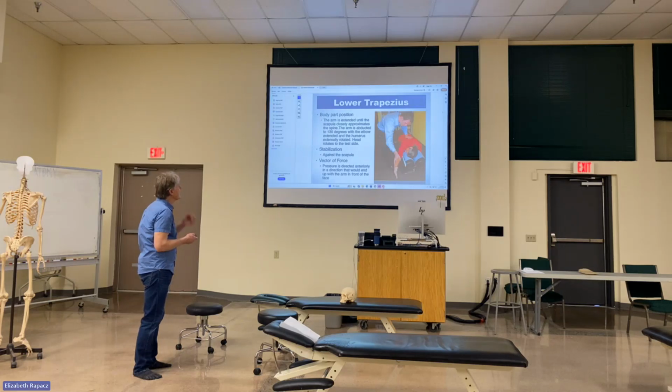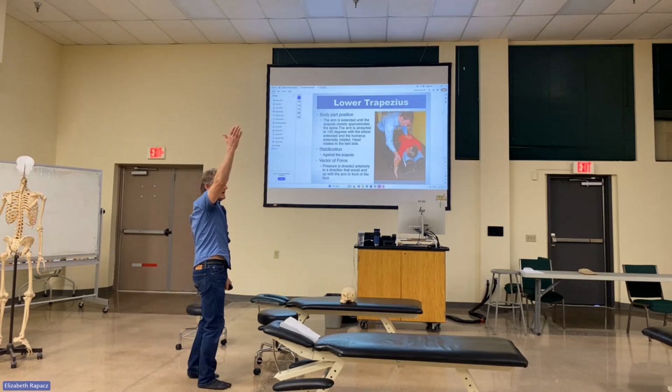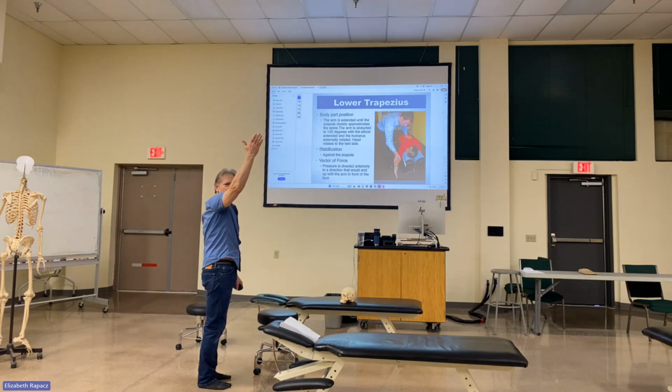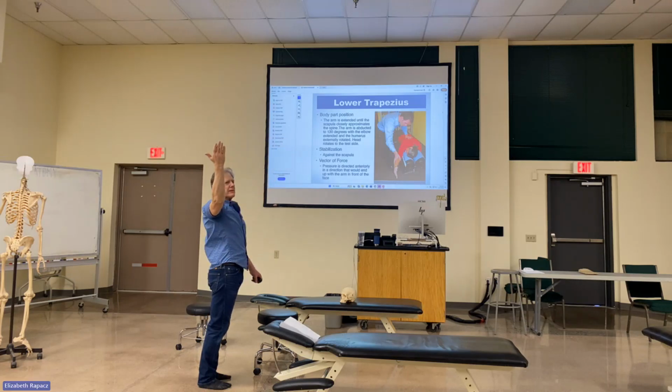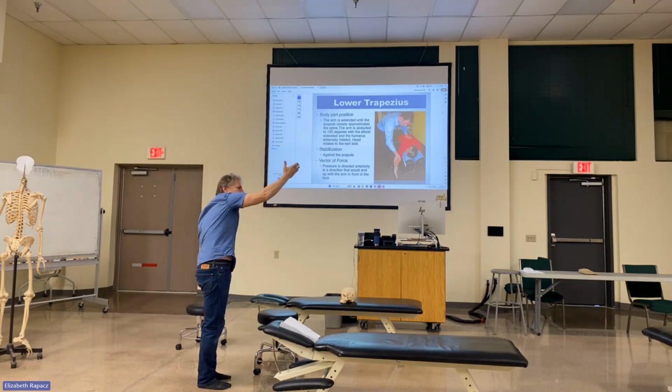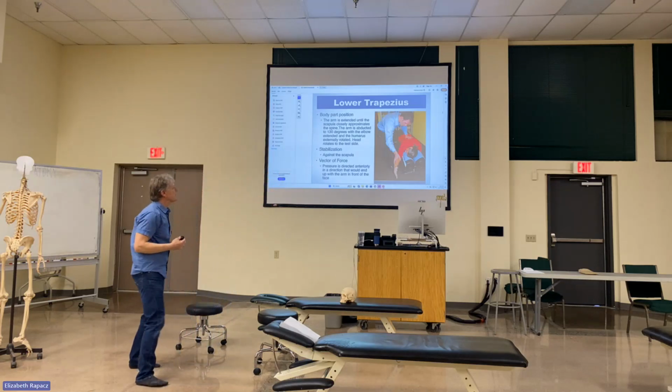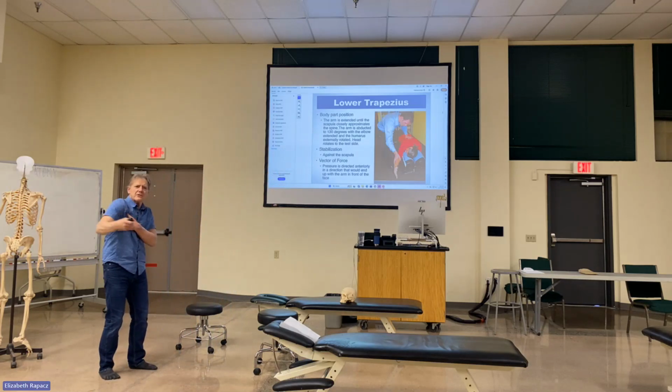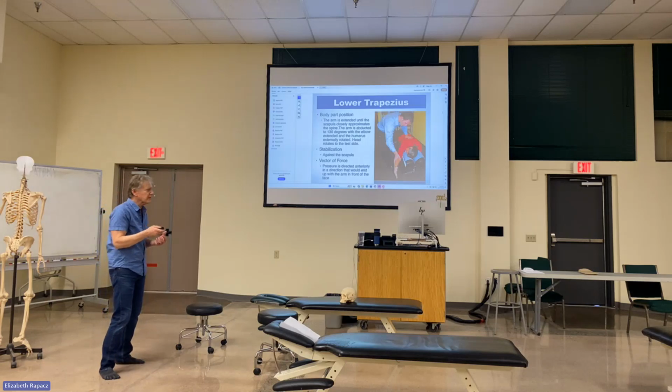Traps. The way we test the lower trap is the arm is like this, the head is turned towards the arm, and the test is kind of this way. So the muscle does this, you're trying to test it. Now there's all kinds of things you're testing through, so you have to be aware that maybe it is the shoulder joint that's moving, the other muscles. The tricky